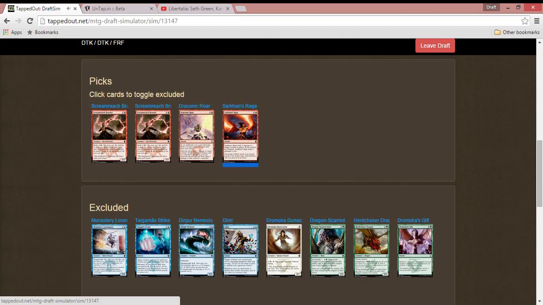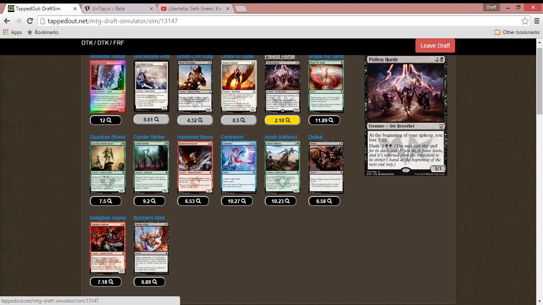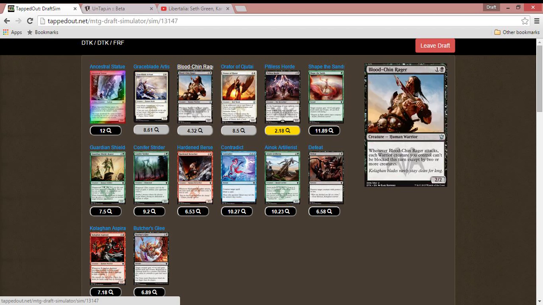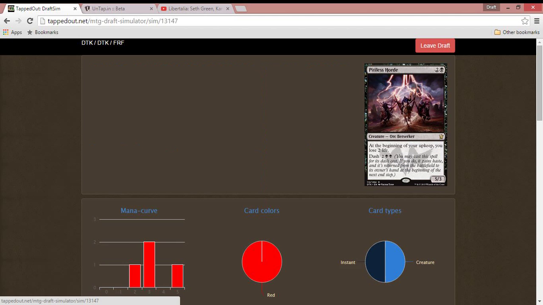I'm just going to shuffle these so that we have a plan. Let's see here. There is a Pitiless Horde, which is absolutely insane. This card is great. Either you play it on turn 3 and they're like, oh crap, there's a 5/3, let's 2-for-1 ourselves, or you just dash it forever and always, and they die. Bloodshed Rager's good. Hopefully we wheel a Hardened Berserker. We might wheel Aspirant, but...